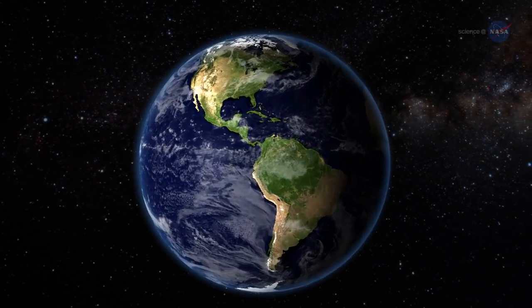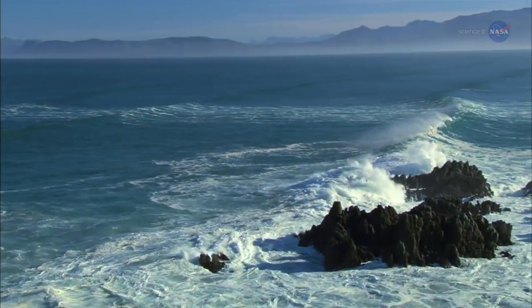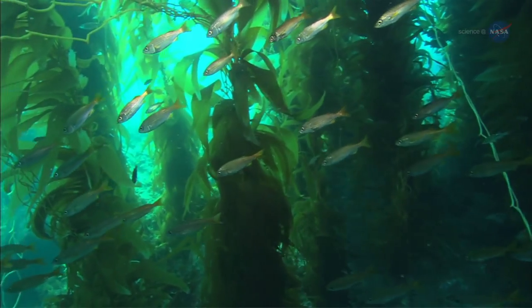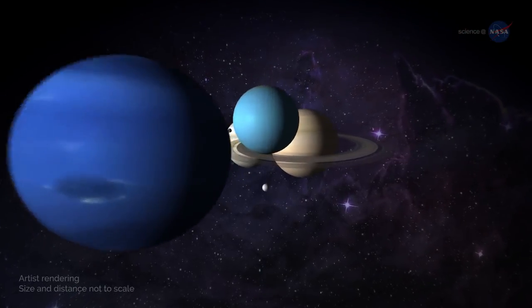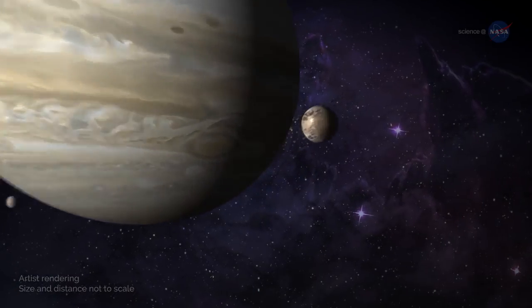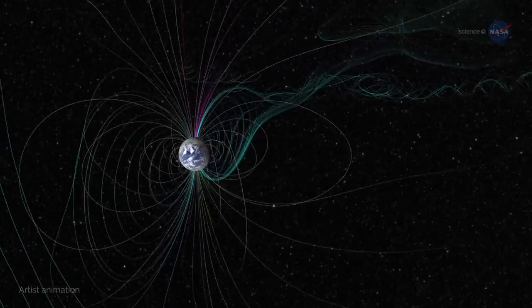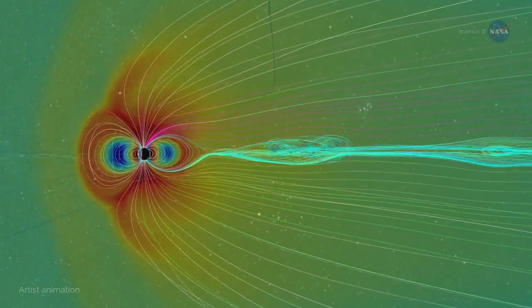Earth, a world dominated by water. Trillions of gallons flow freely across the surface of our blue-green planet. While we once thought oceans made our planet unique, we're now coming to realize that ocean worlds are all around us. Our planet retains its atmosphere and, in turn, its abundance of liquid water, thanks in part to a very